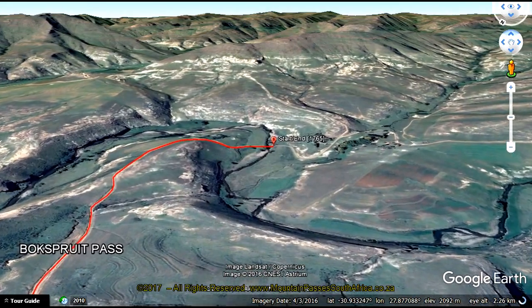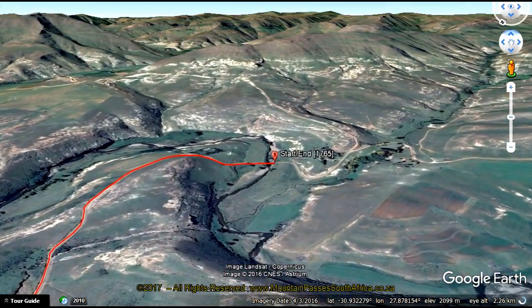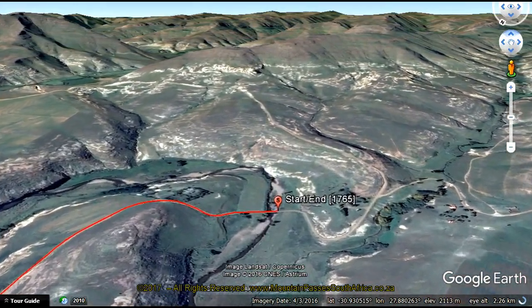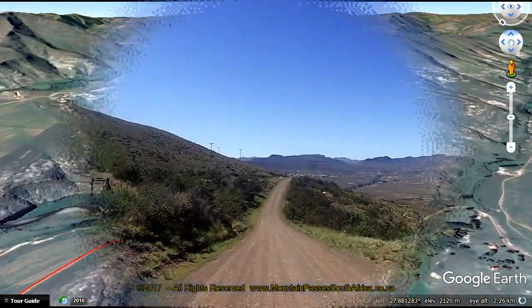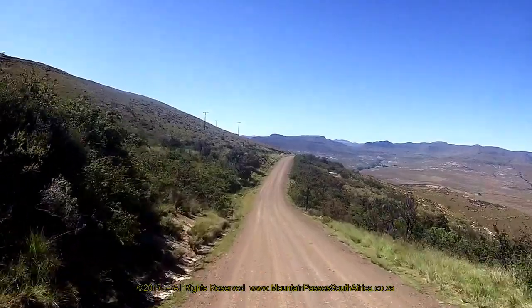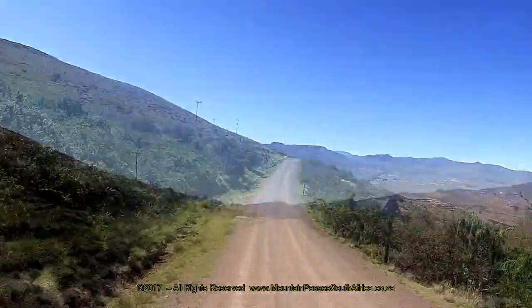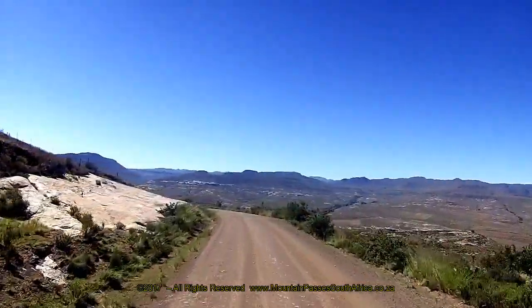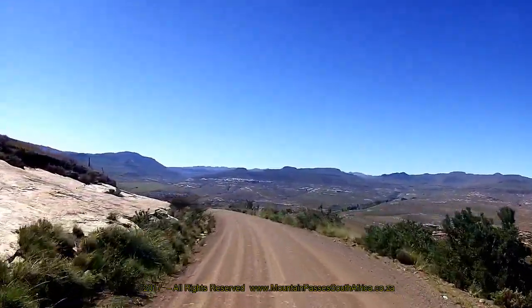The pass has a simple high-low vertical profile and is 3.2 kilometers long, producing an average gradient of 1 in 15, with the steepest parts being at 1 in 8. The road is suitable for all vehicles in fair weather. We filmed this pass from north to south in the descending mode to maximize on the views over the Bokspruit